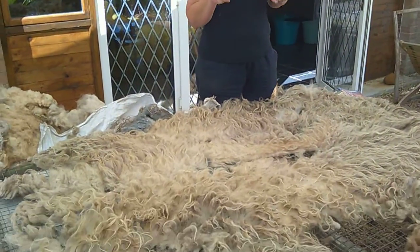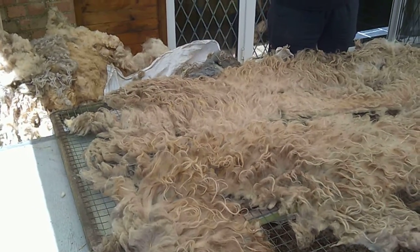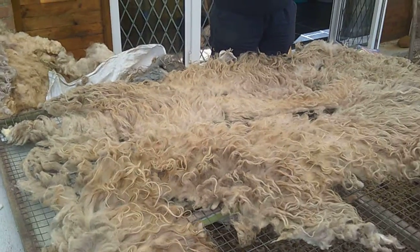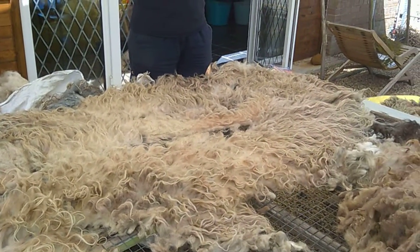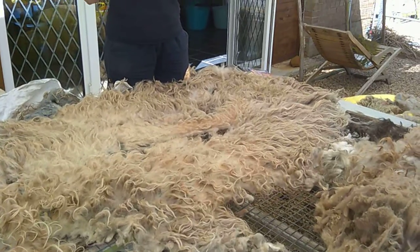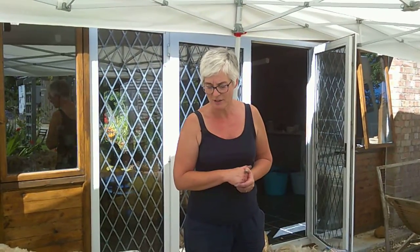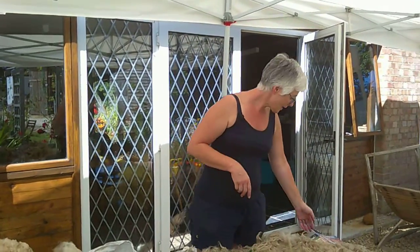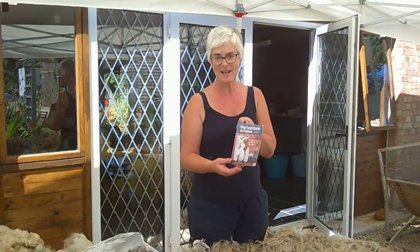I know this fleece, this is from my little prize-winning ewe called Abigail. Now, I'm not going to talk too much about the properties in comparison with others. I'm just going to focus on the Ronaldsay. I'll obviously do another video at some point about other fleeces so that we can do a really good comparison. So if we look at our little book, The Field Guide to Fleece, really handy if you haven't seen this already,